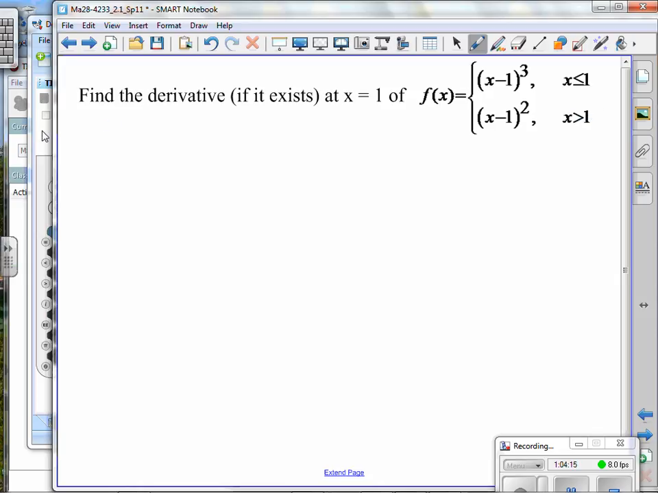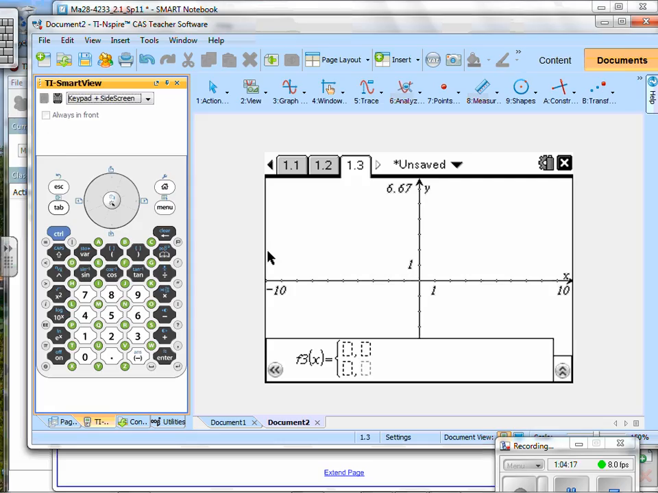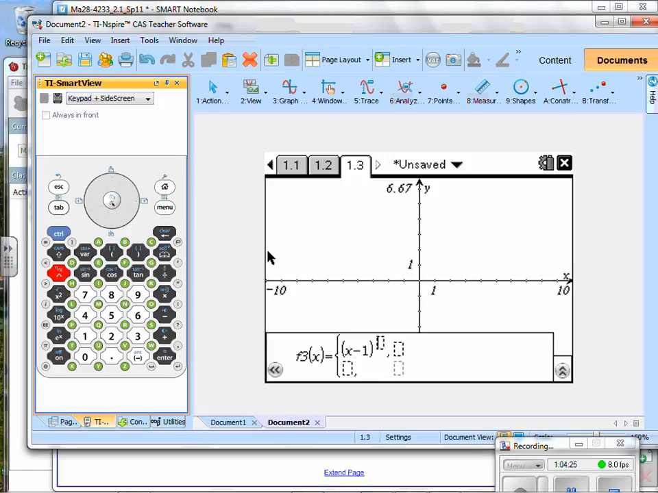Some of you are working ahead. That means that you know what to do already, so we'll get caught up with you. x minus 1, and I'm going to cube that piece. Tab to get over to that, and you have x, and then we have,